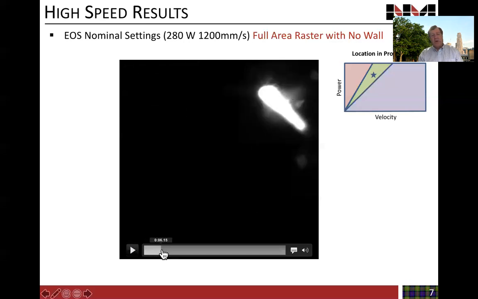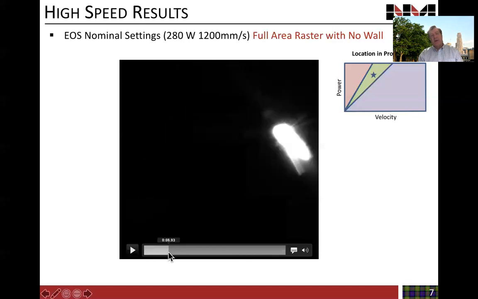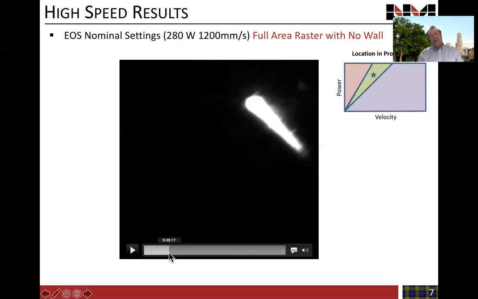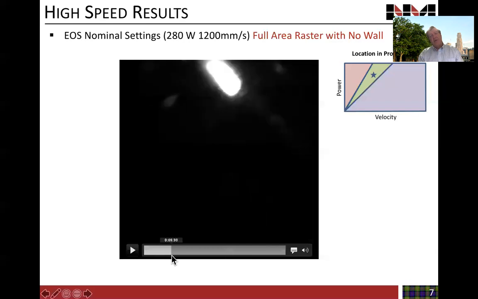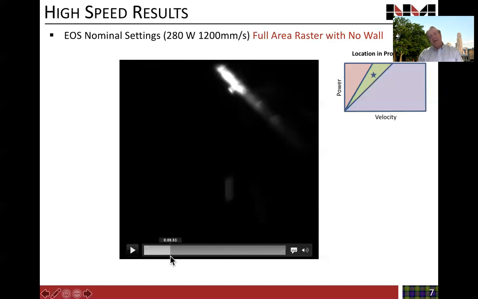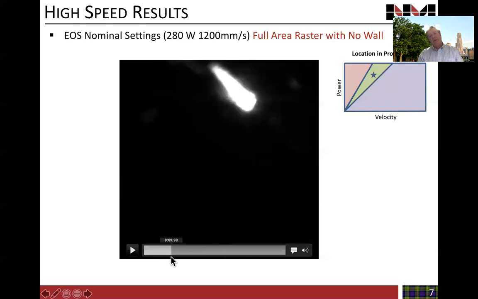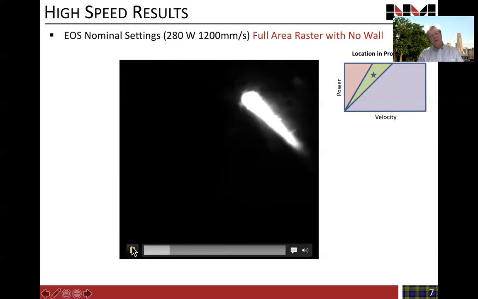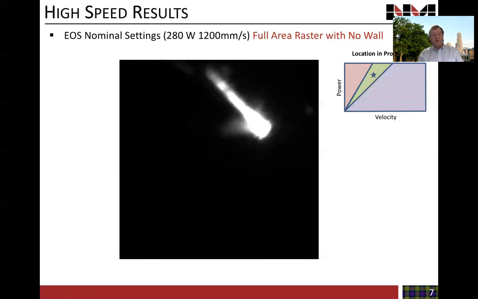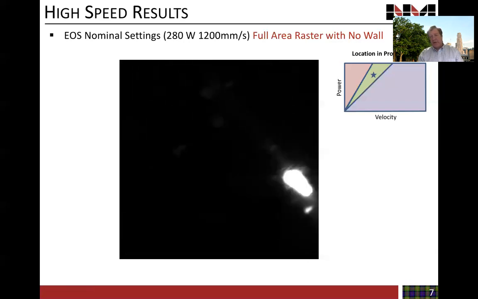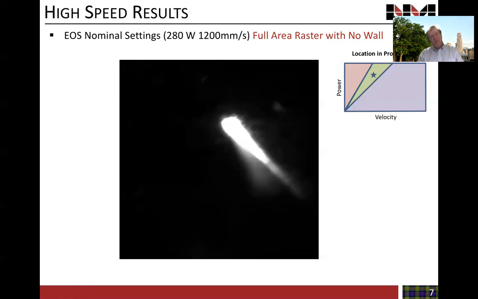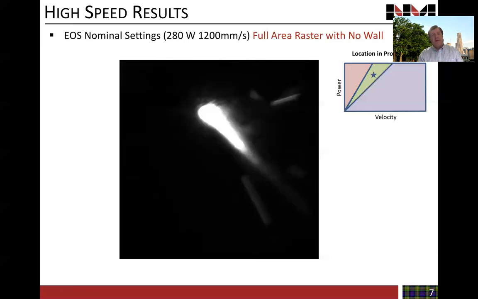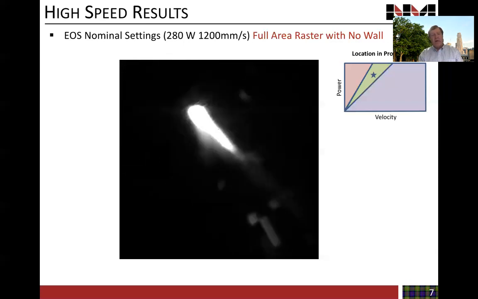In fact, we have a project where we are quantifying those splats that are coming out of the melt pool. What you also see is that you get to the end and you turn around and come back, and it's somewhat subtle for these settings, but it is there, that initially the melt pool is a little bit bigger and fatter than what it is once you get in the middle of the cross section. And it's also true, you can sort of see that the melt pool length is a little bit longer there right at the beginning until it gets out of that local hot spot